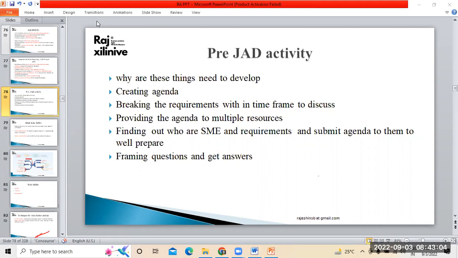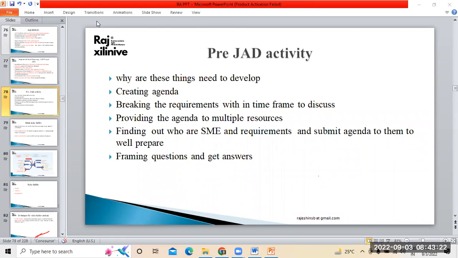Within 7 to 10 minutes, they have to conclude, right? They have to ask questions and get answers within 10 minutes. That must be the maximum time given. After 10 minutes, we are going on to the second topic. Either you may be discussing the database designing,